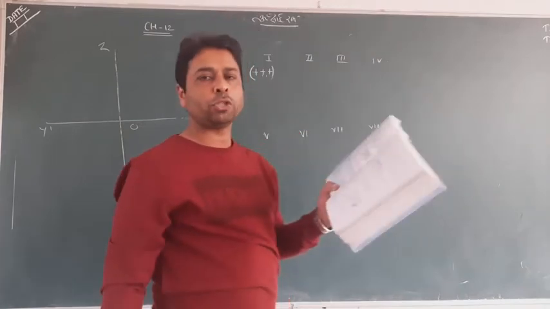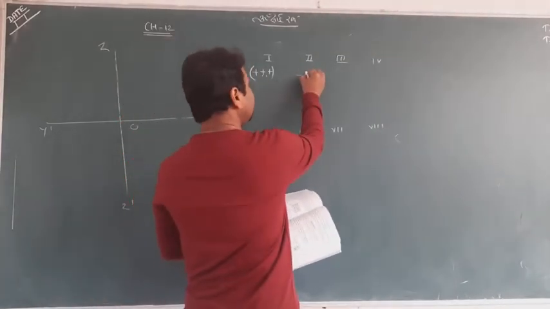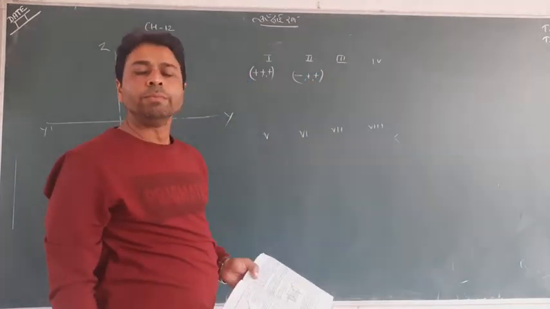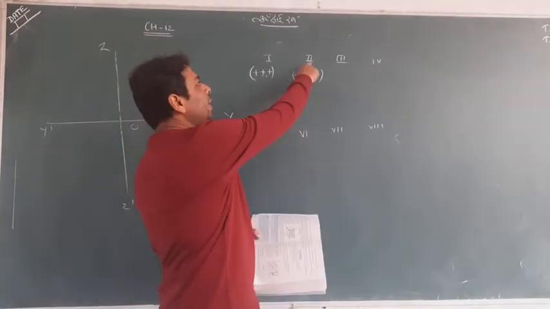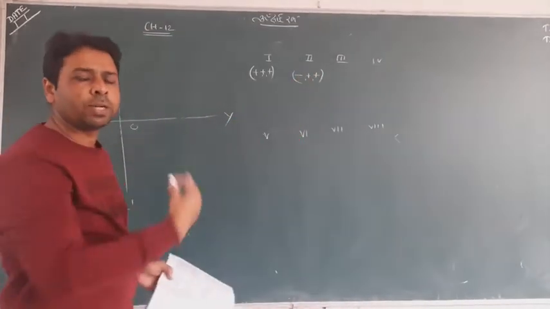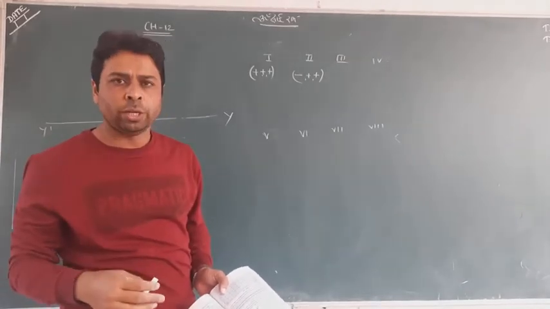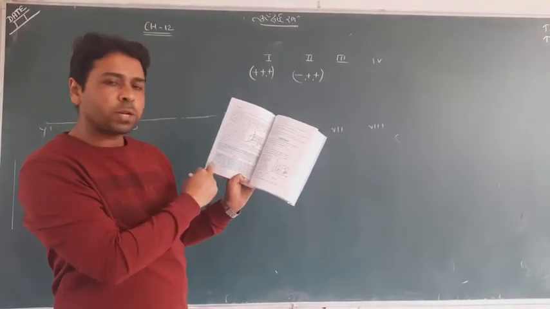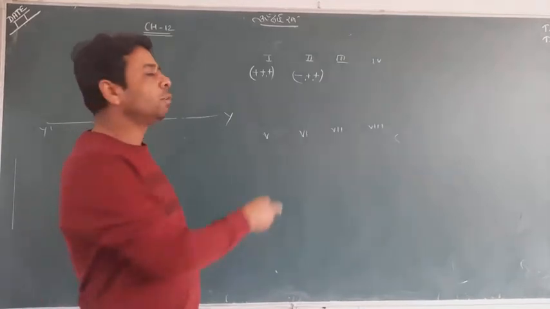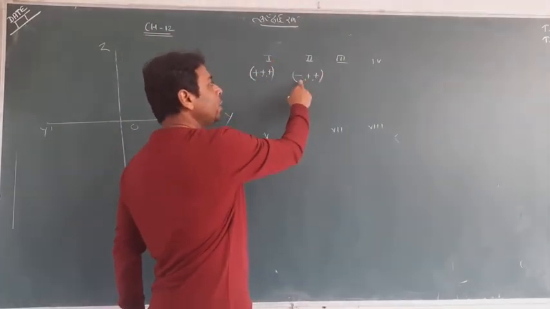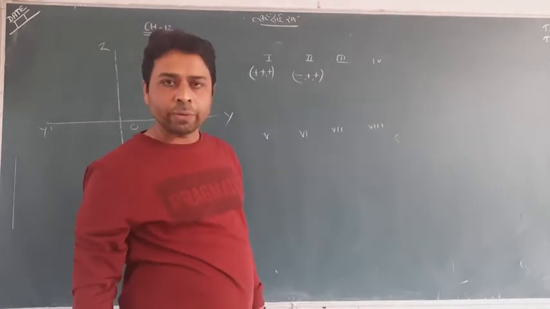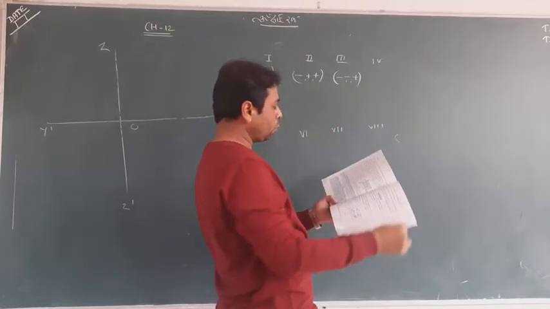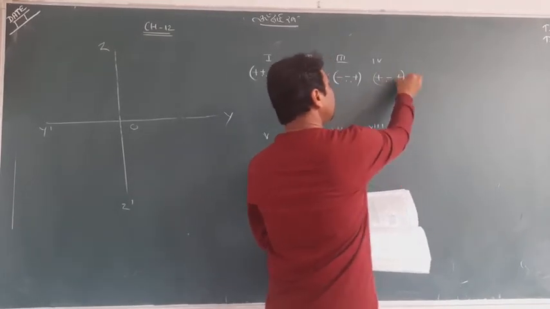You can see on page 270, in the second octant we have minus, plus, plus. I am not telling you here where the first octant and second octant are; it's very tough to imagine. So I only request you to remember this particular box on page number 270, a very important box. I am writing here: in the first octant all are positive, in the second octant minus, plus, plus, this kind of coordinate will lie. In the third octant we have minus, minus and plus. In the fourth octant plus, minus and plus, this kind of point will lie.